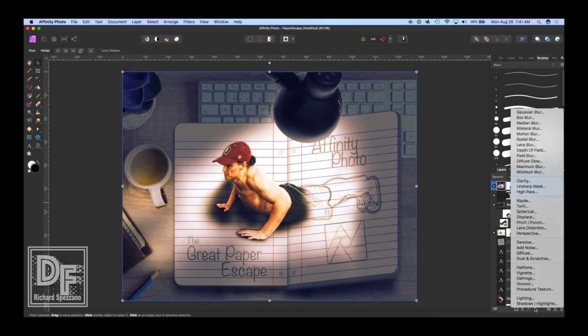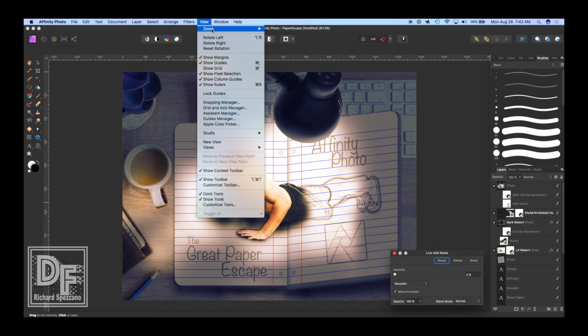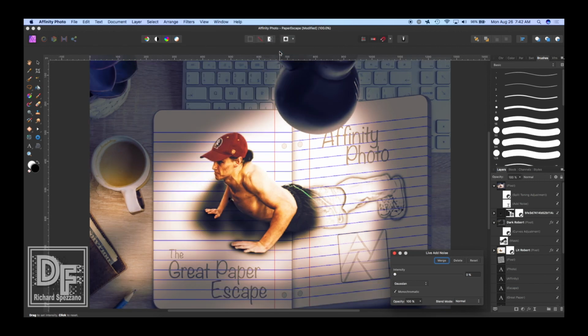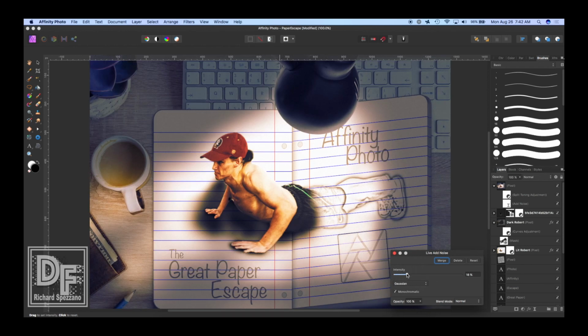Where would noise be? Let's see. Add noise. And I'm going to get a little bit of a close-up. So view, zoom, 100% just to see. Let's just add a little bit of noise to the whole picture. That's a lot of noise. We don't want that. But so if we just kind of touch it with a little bit of a grainy